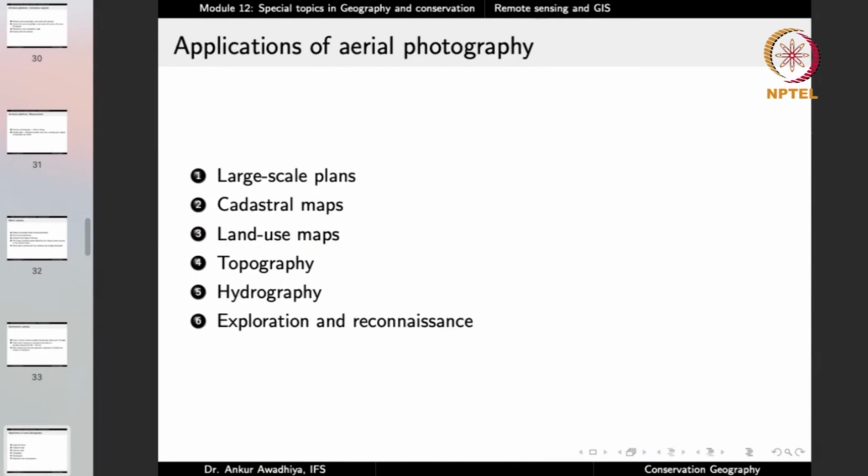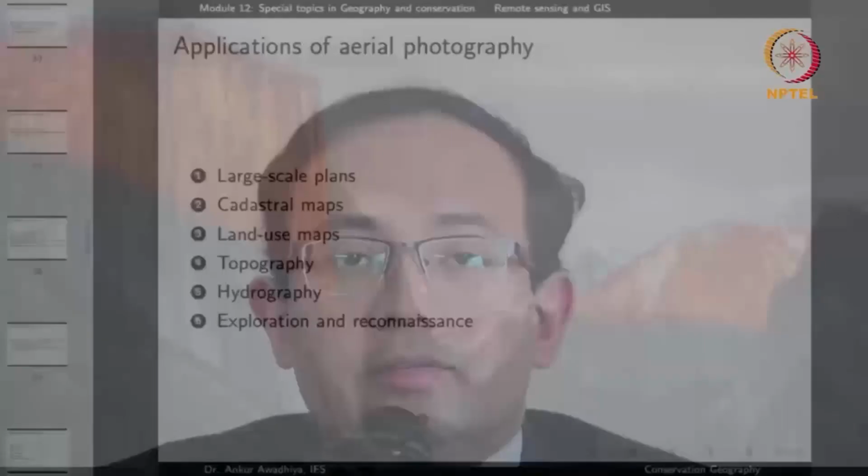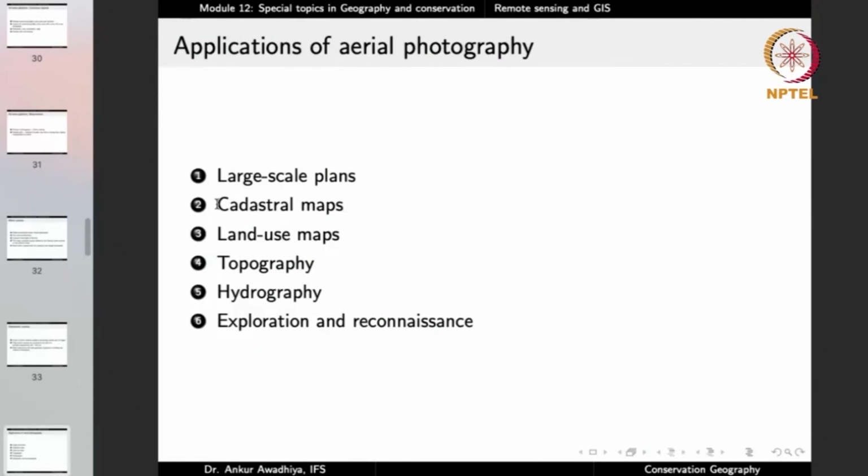Now once you have these photographs, you can use them to create large scale plans of your area. So if you are looking at, say, a protected area, you can see what are the areas that are more suitable for a particular species, or what are the areas where you have more amount of biotic interference and so on. You can use them to make cadastral maps, which are essentially maps that tell us about the property